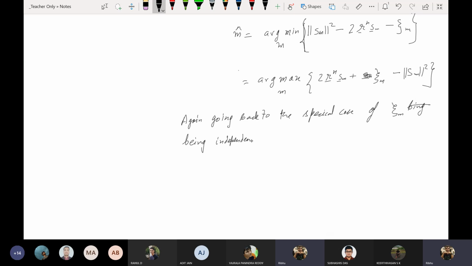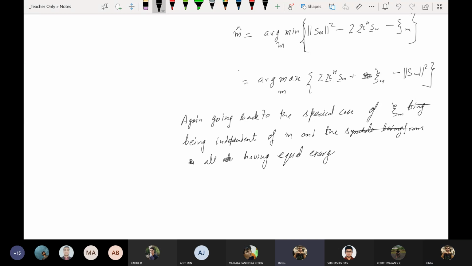That's what we are trying to find out. Special case: the symbols all having equal energy. M hat equals